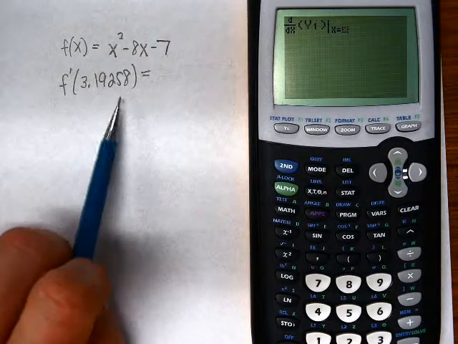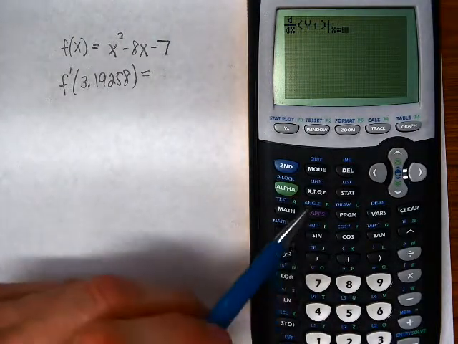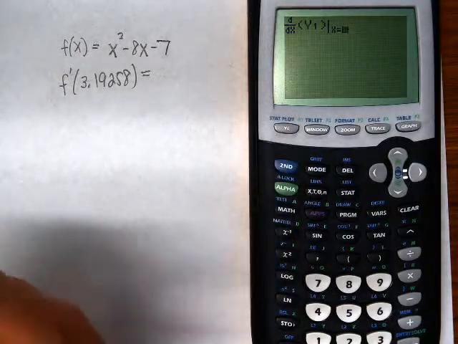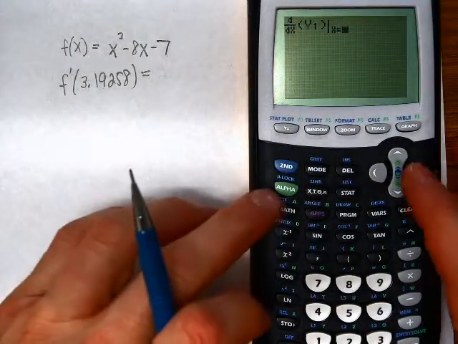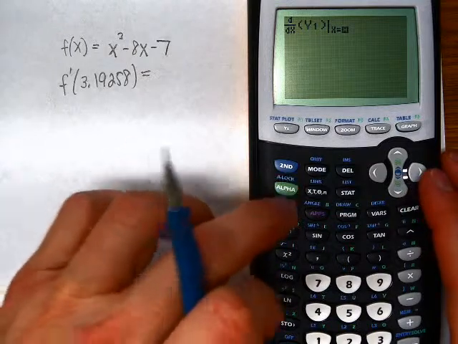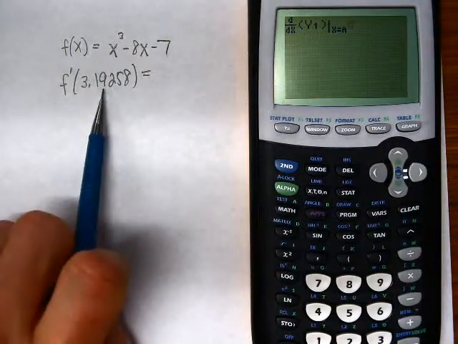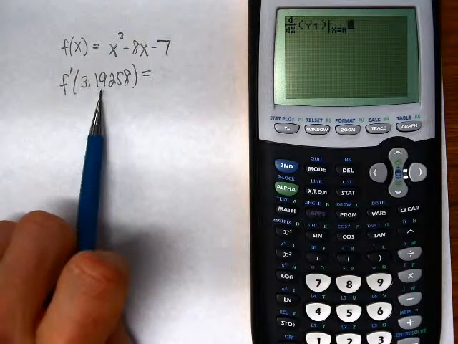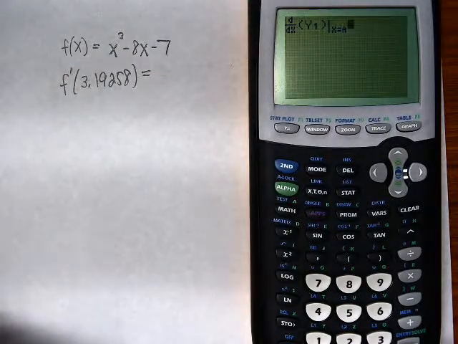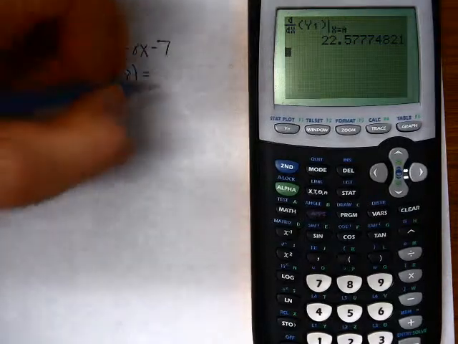It's not the full decimal, so I would want to either refind it and retype it. I don't really want to do that. I saved it in there for a reason, so I can just go alpha a. This extended decimal value is saved in as variable a, so when I hit this I get